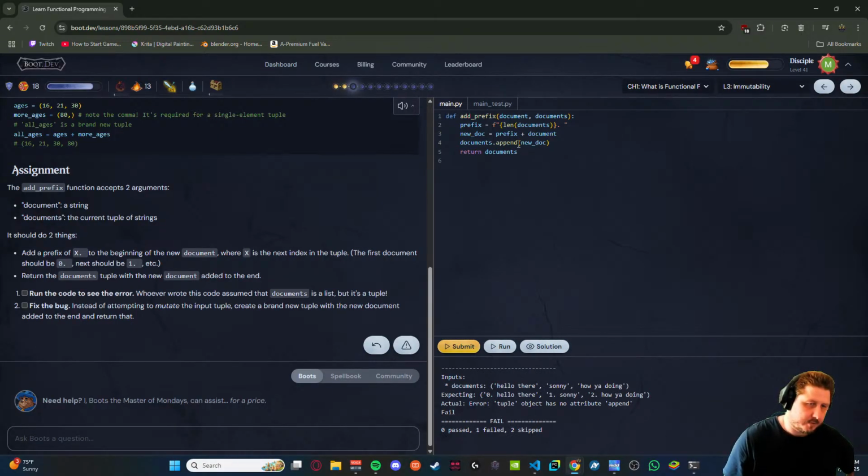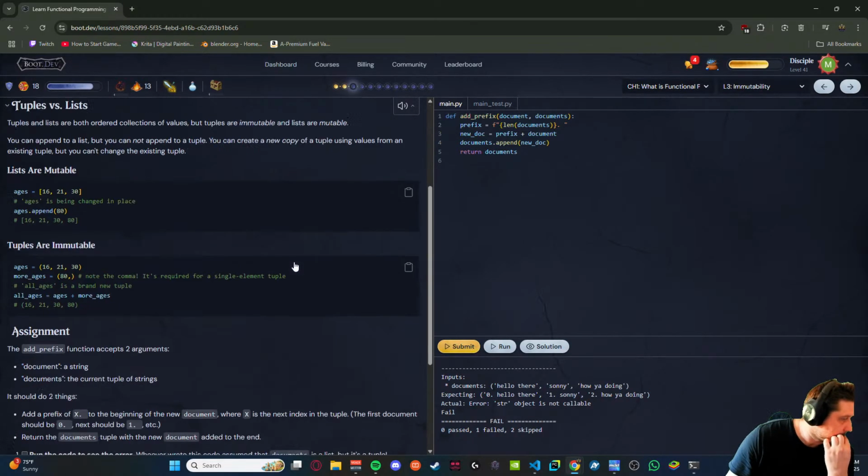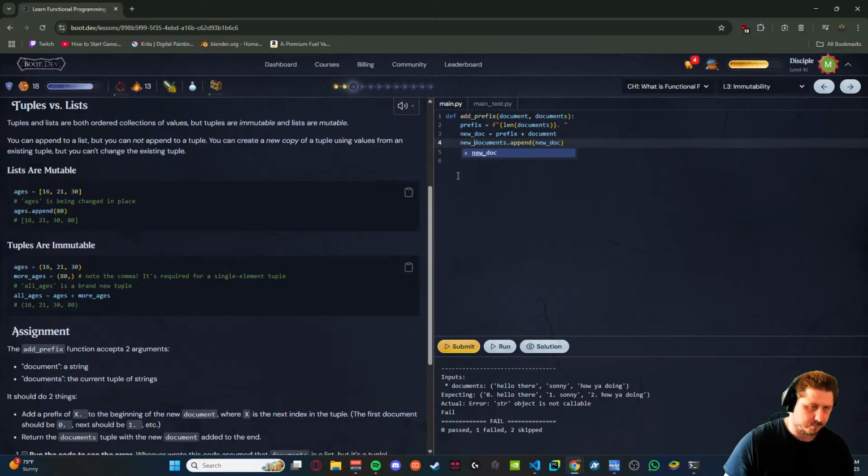Logic does not attribute append. All ages equals new docs.